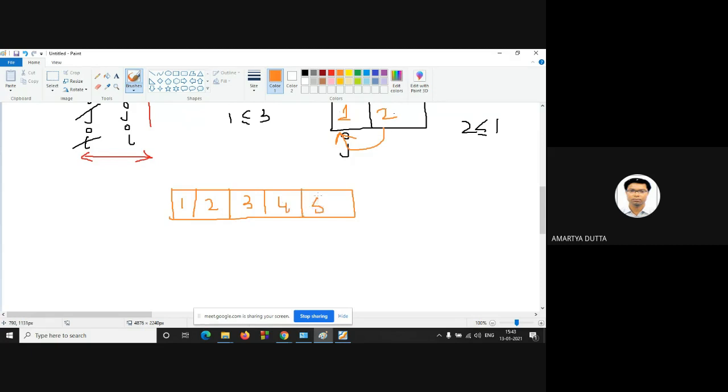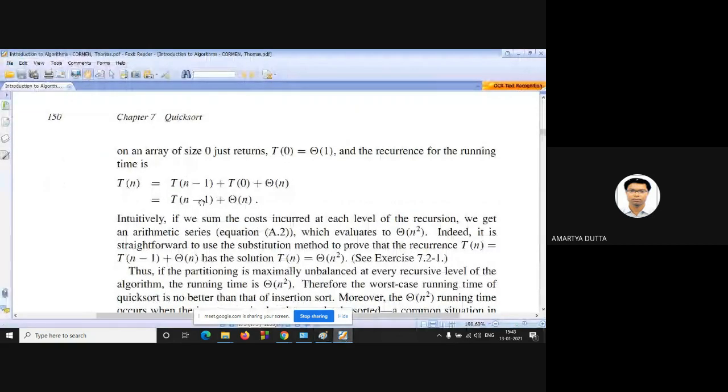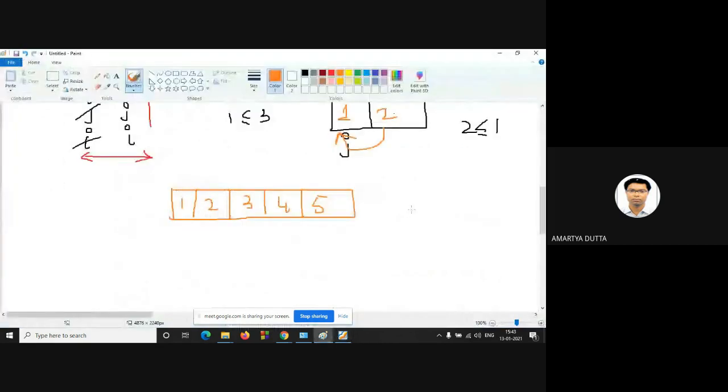So this is a sorted array. Now, if you apply the quicksort algorithm, the size is n. The left subtree will contain one element and the right subtree will contain n minus 1 sorted elements.